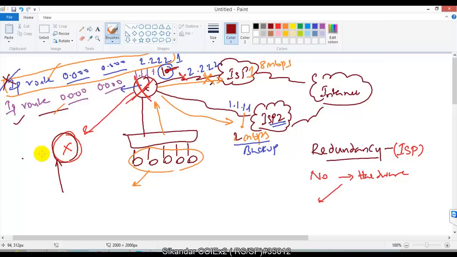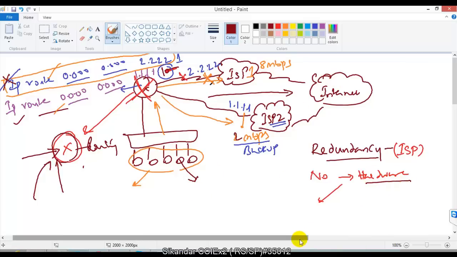At the same time, you have to load the configurations on the router, meaning all the routing configurations, everything like ACLs, NAT, whatever is configured. Loading all those configurations will easily take some time. Meantime, these users in the LAN will not be able to access the resources on the other end. It can be the internet or any other, but majorly we use the internet. So there is no redundancy for your hardware. That's the major drawback with this one.